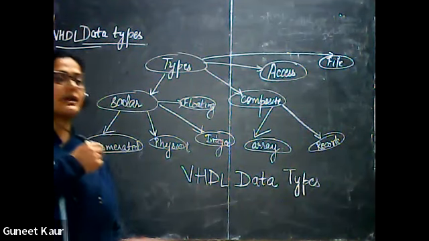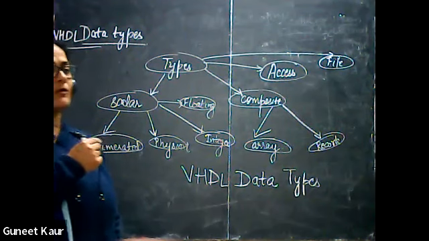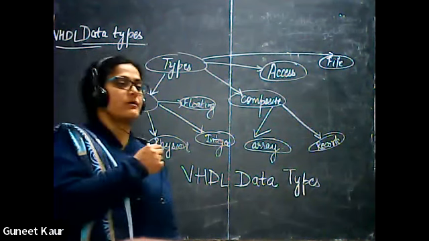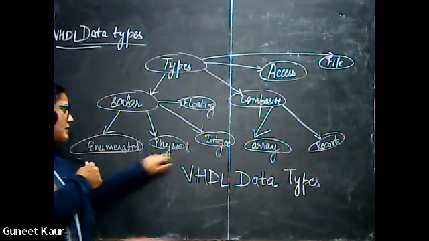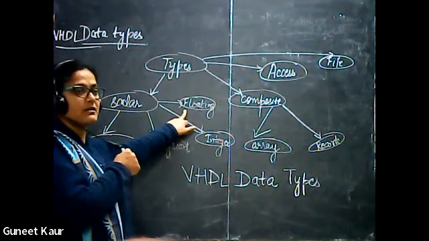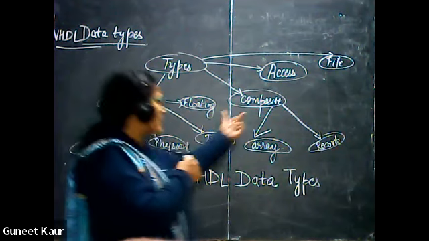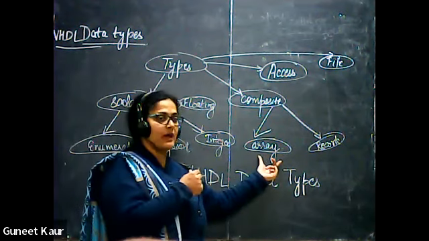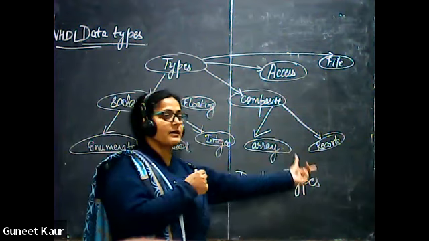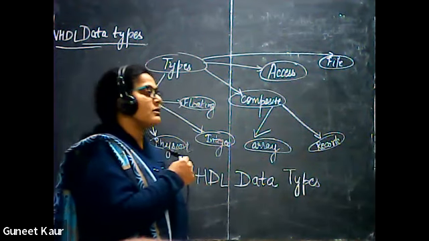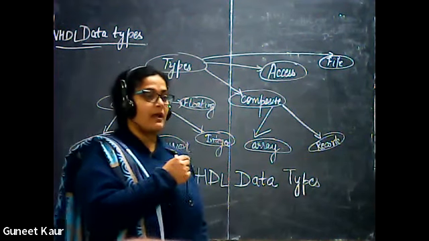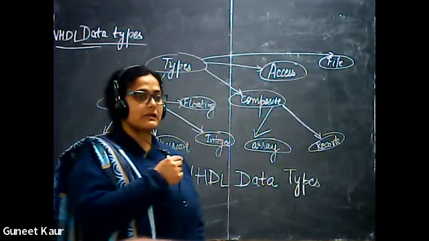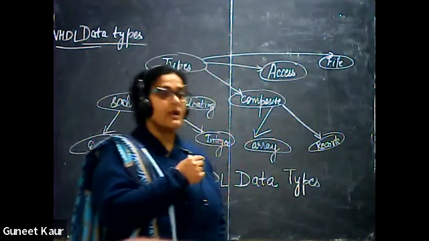Now, scalar is further divided into four parts: enumerated, physical, integer, and lastly floating. Similarly, composite has two further types: one is array and second is record. So these were all the VHDL data types, and I will discuss each one of them in detail with you